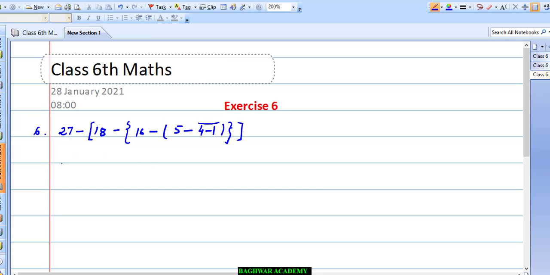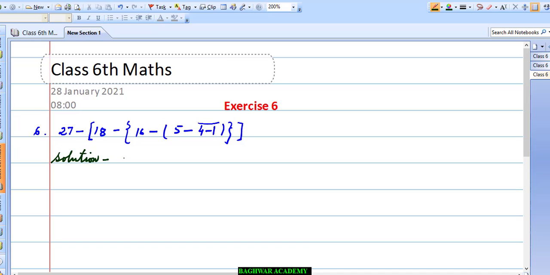As you remember, it was told that when this type of simplification question is there, first of all the bar is required to be solved. So this portion is required to be solved first. Just see how we will solve. Here we have a solution, so we will write the solution over here and then we will start solving.